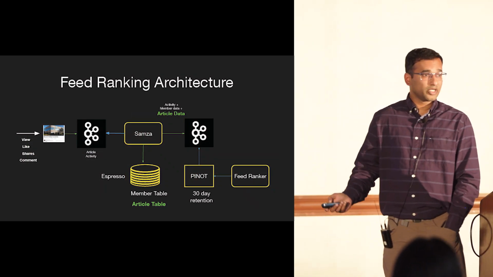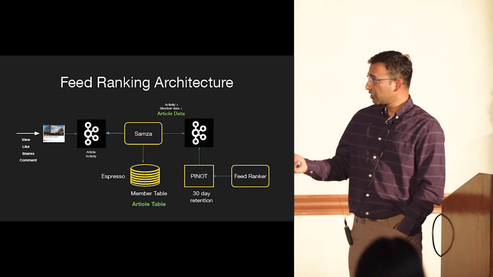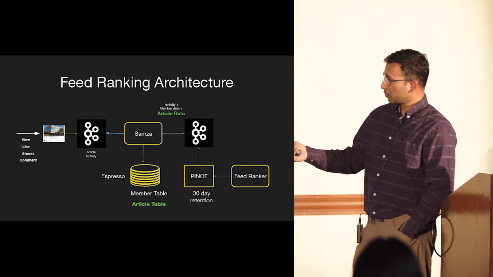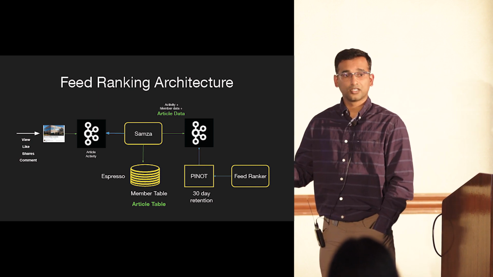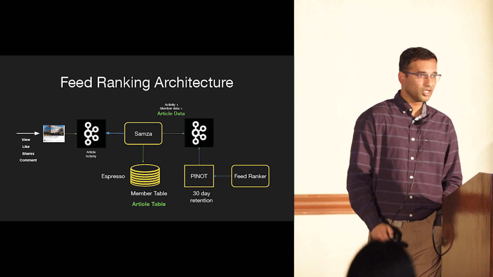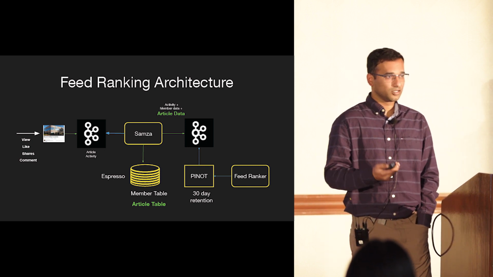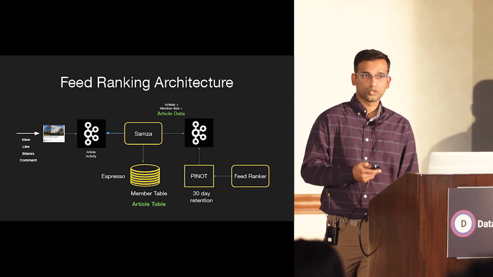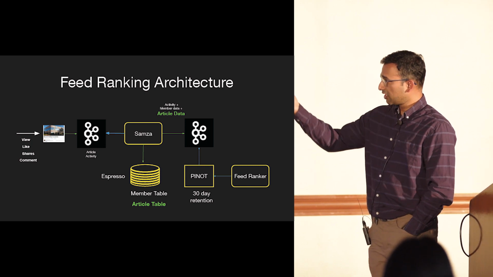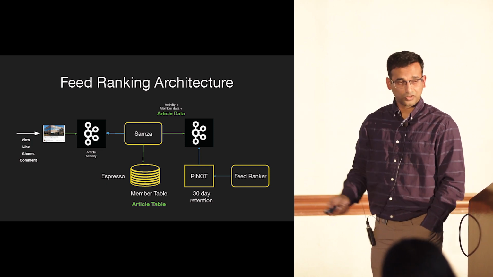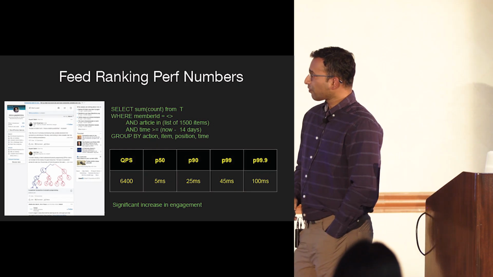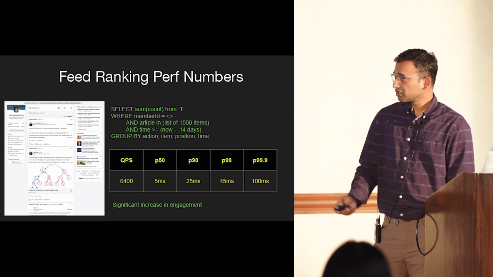So the architecture is pretty much exactly the same. The only key difference is the green things that you are seeing here, which are the article data and the article table. Earlier it was just looking at the member table to do the join. Now we are getting additional features from the article itself, such as which category it belongs to and the age of the article. And the other thing is that when you push the event to Kafka, you now have additional attributes about the article. So the query looks something like this.